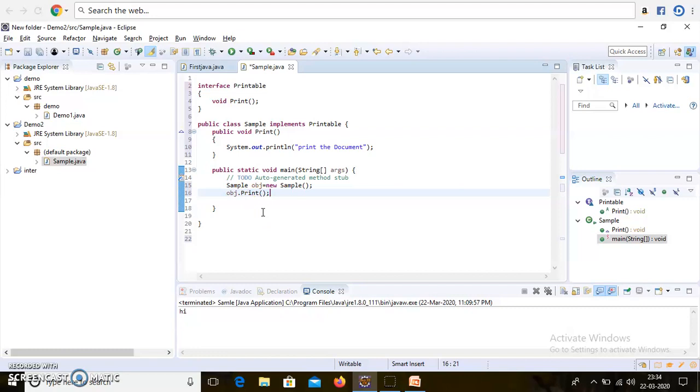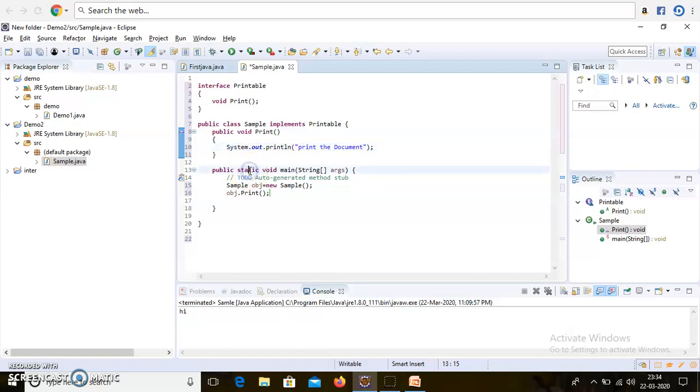I have just given the review of how to create the interface. In this case we are creating the interface with the name Printable. I am just declaring the method. After declaring the interface, I implement that Printable interface in the Sample class. It means I am defining the method which was mentioned in the interface.